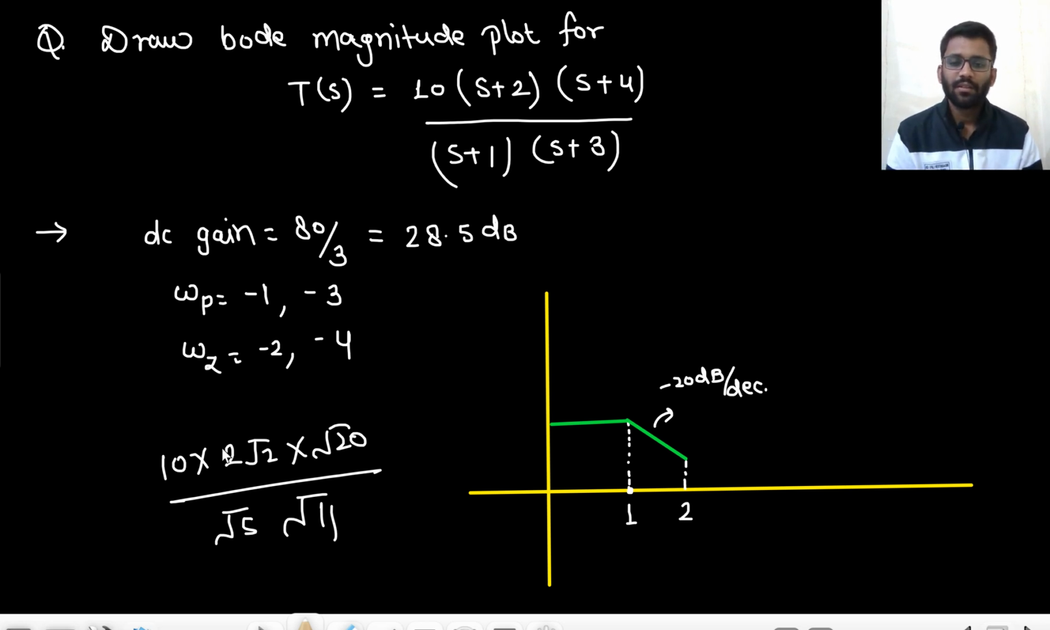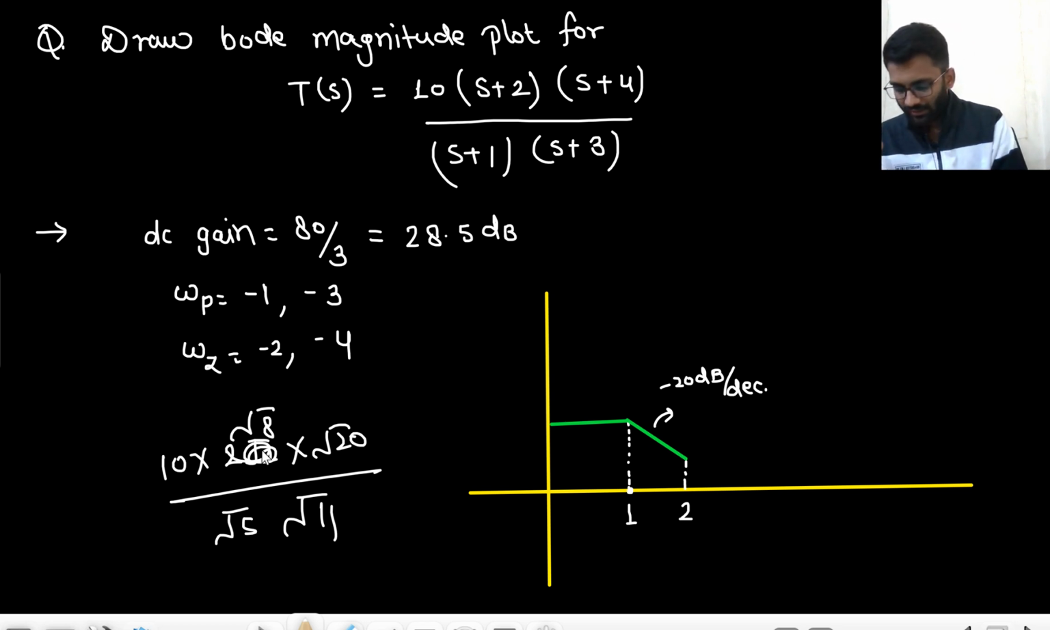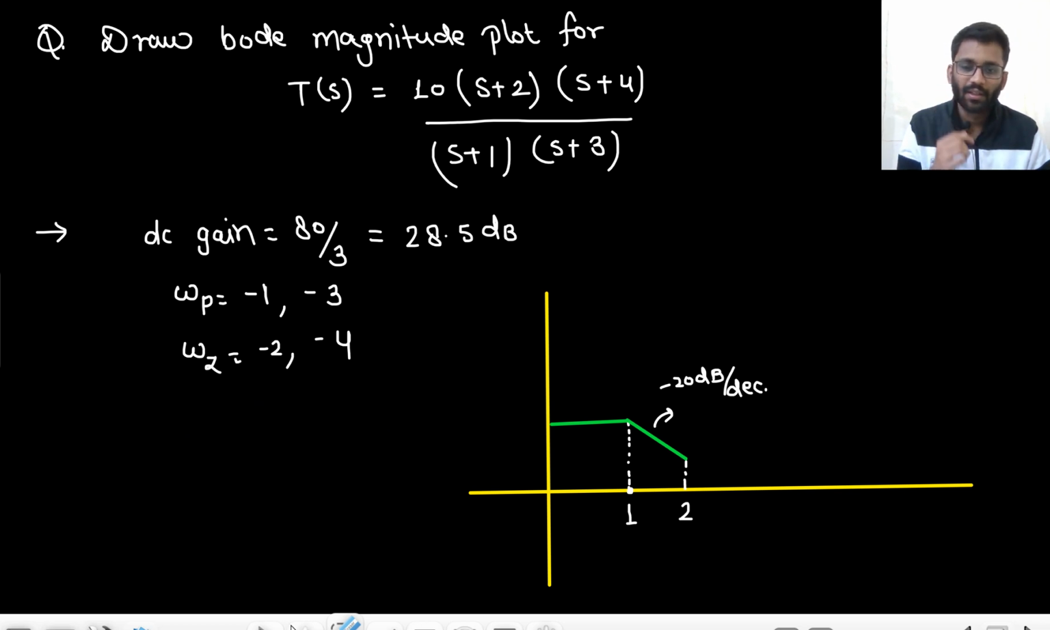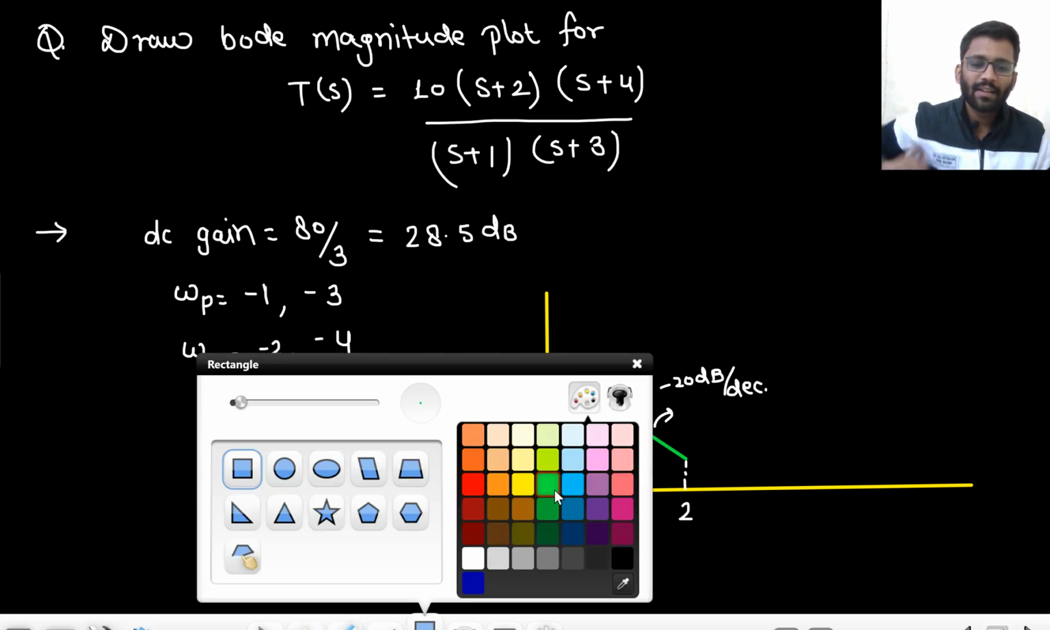This will be root 8 only. 16 plus 4, 20. 160 by 55 under root into 10. So we are getting a positive value only. This value is positive only. Okay, so now you are encountering a